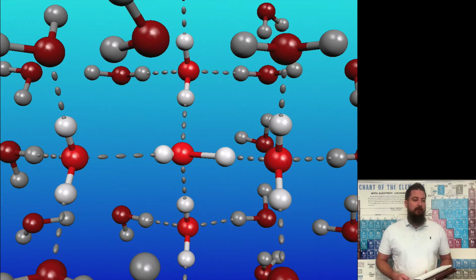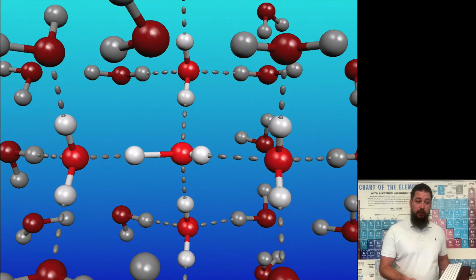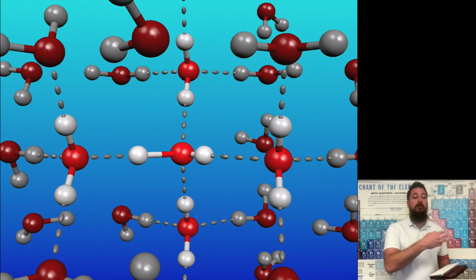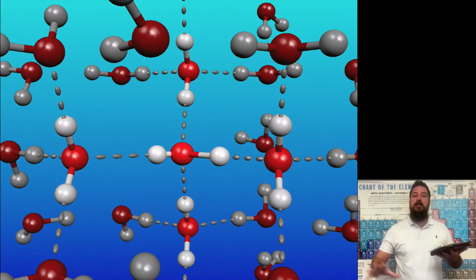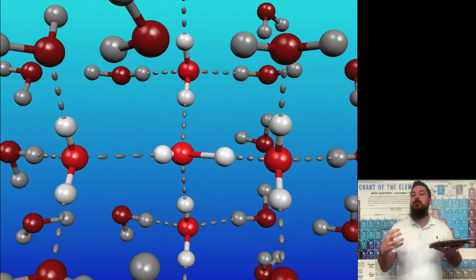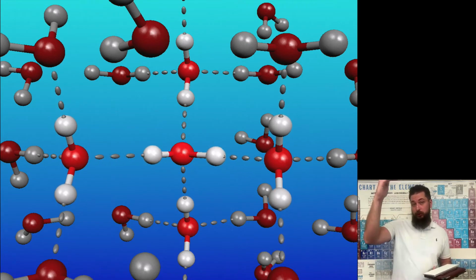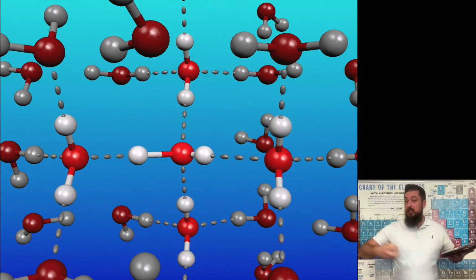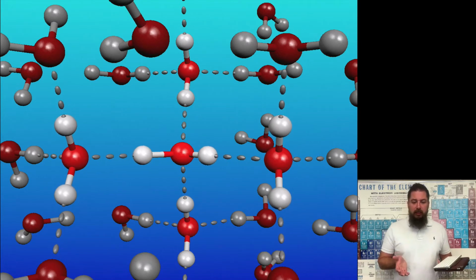And so if you take a look here, this is an example of hydrogen bonding. So we have our water molecules, and notice how the partially positive hydrogen is strongly attracted to the partially negative oxygen of a different water molecule. And then notice how all the water molecules have this attraction between a bunch of different water molecules, and that makes the molecules want to stick together. This is actually why water has a high boiling point, because it takes a lot of energy to separate those molecules. It's also the reason why it has a high surface tension,